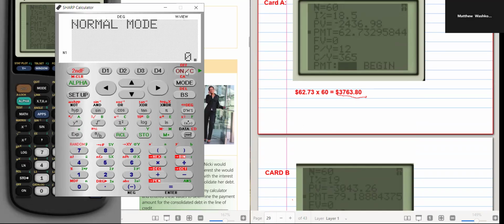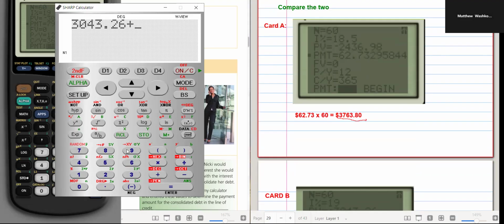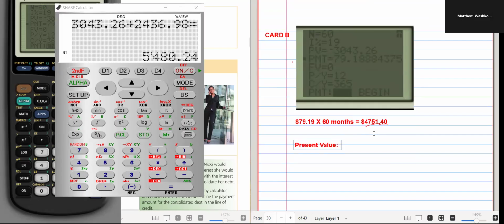Huh? Oh, I see my mistake. Whoops. I accidentally did a 3 here instead of a 2436.98. So overall, it's a combined $5,480.24, right? In debt